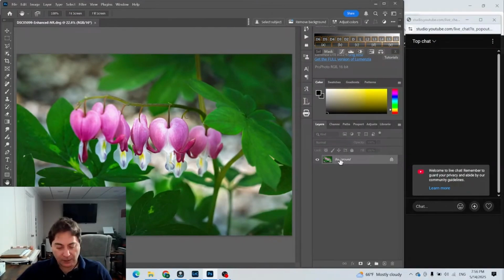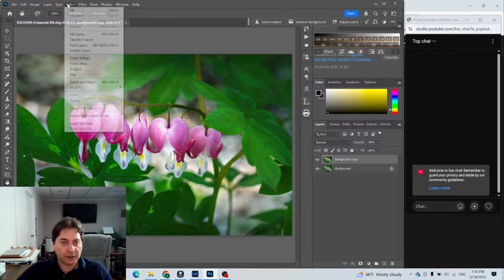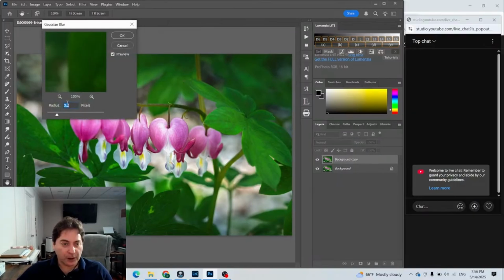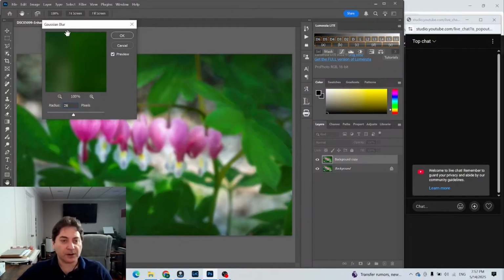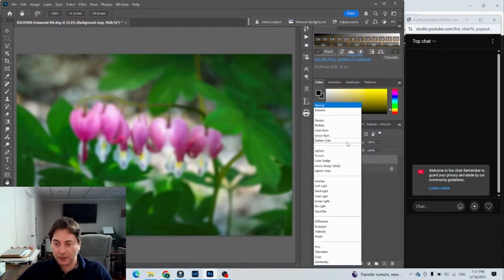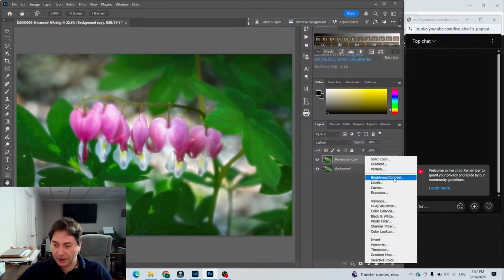Okay, so to create the Orton effect, we'll duplicate the layer, apply a blur, Gaussian blur. So now the radius is usually, as a rule of thumb, the pixel count of your camera. And in this case, this was Sony 6700, so it's 26 megapixel. And now let's switch it to lighten. You can see it looks kind of weird, but that's okay. We'll turn on the opacity, and then we want to add